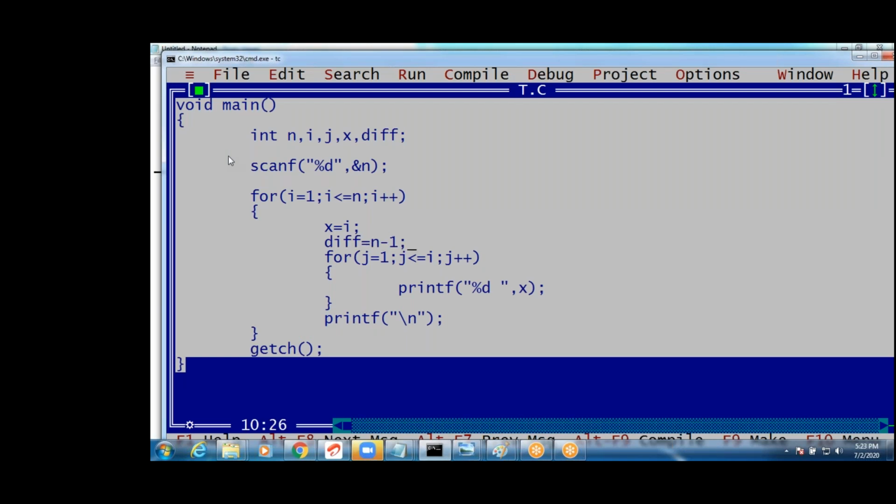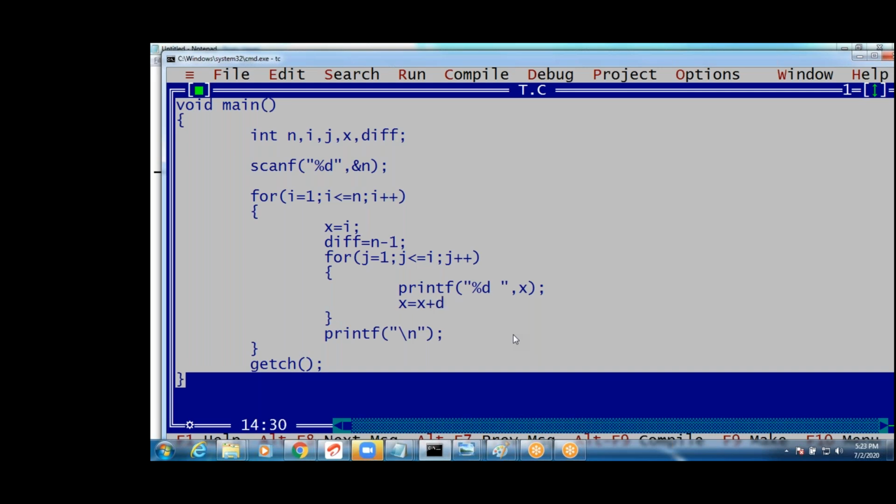1 2 6 3 7 11. Now but difference is what? 3. How much added? 4 added. Again 4 added. For every time 4 is adding, right? 4 8, 4 added. 8 12, 4 added. 12 16, 4 added. 5 9, 4 added. Everything it is 4 adding. Now difference minus minus. The difference should decrement, right?